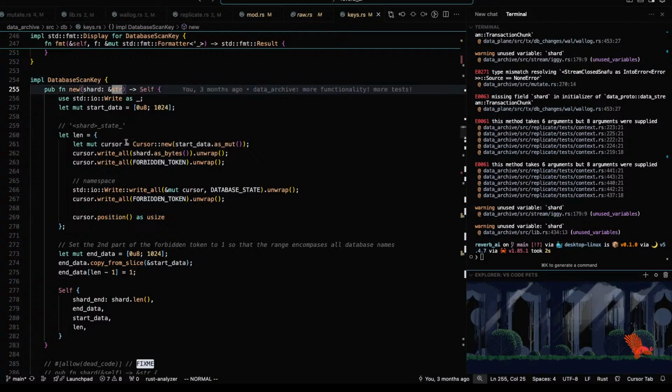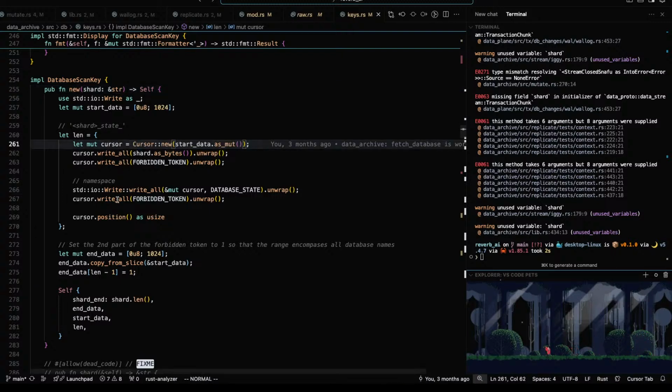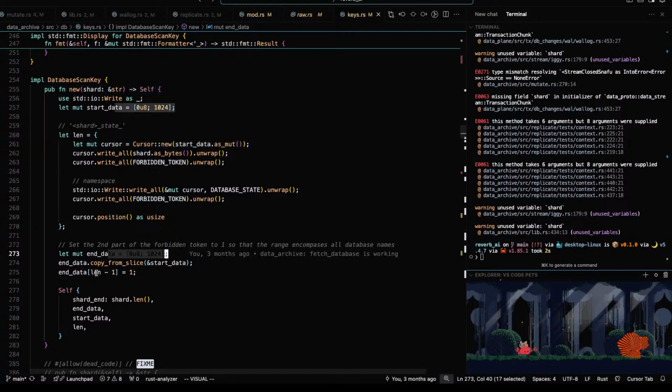Until we receive the shard, we end up writing the stuff into this thing that's backed by the stack.